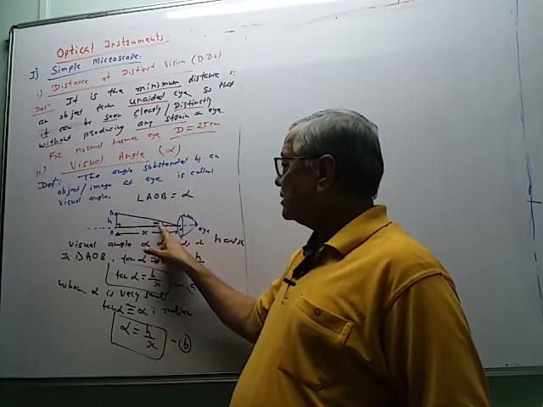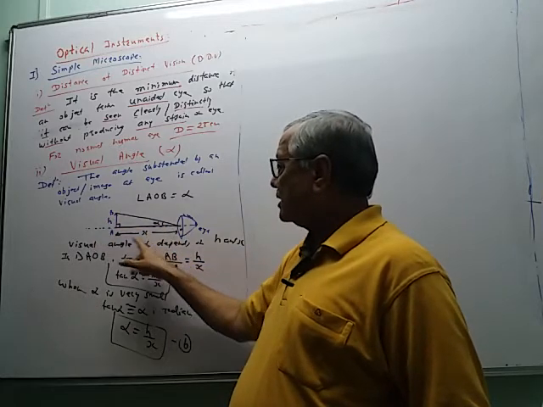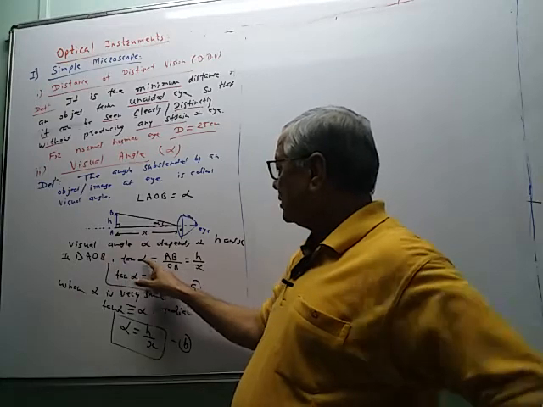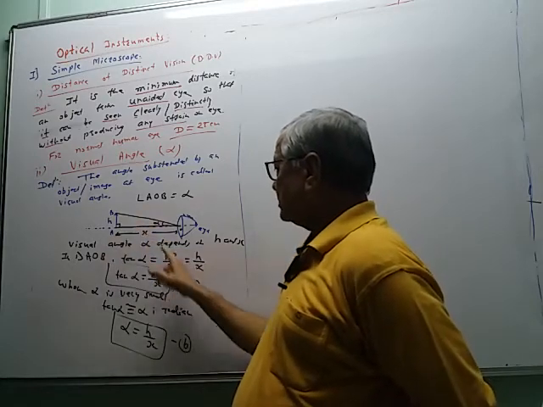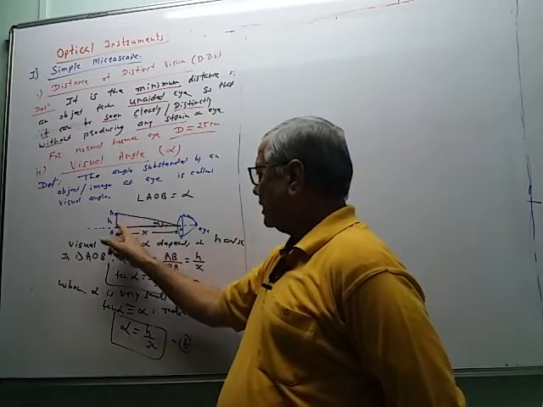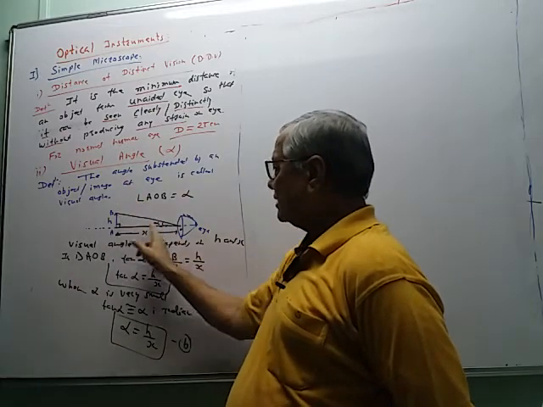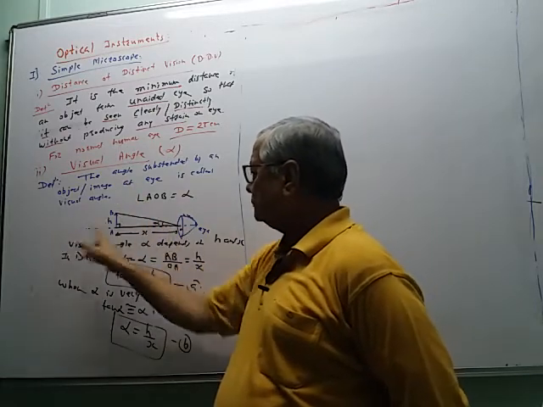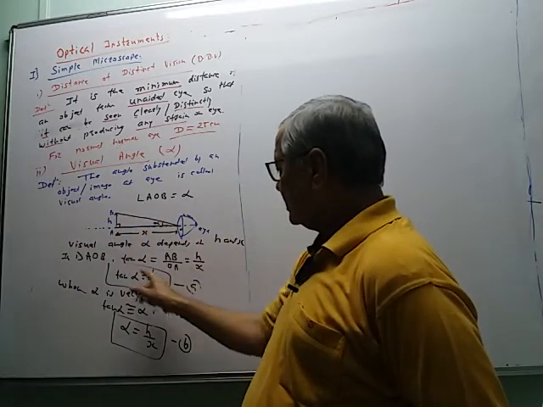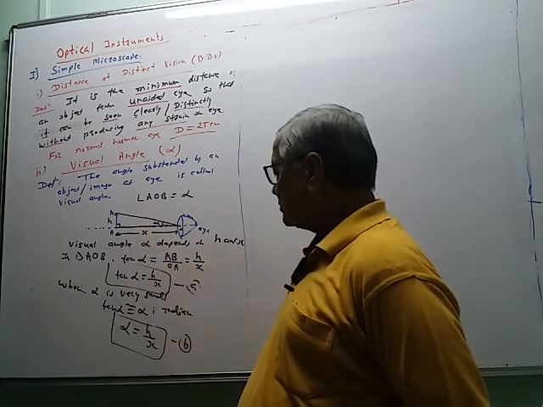So this alpha depends upon the height and x, therefore this is the relation. In this right angle triangle AOB, tan of alpha is equal to perpendicular upon base, AB upon OA, h upon x. If h increases, alpha increases; if h decreases, alpha decreases. If x increases, keeping h constant, alpha decreases. So it is inversely proportional to x and directly proportional to h.